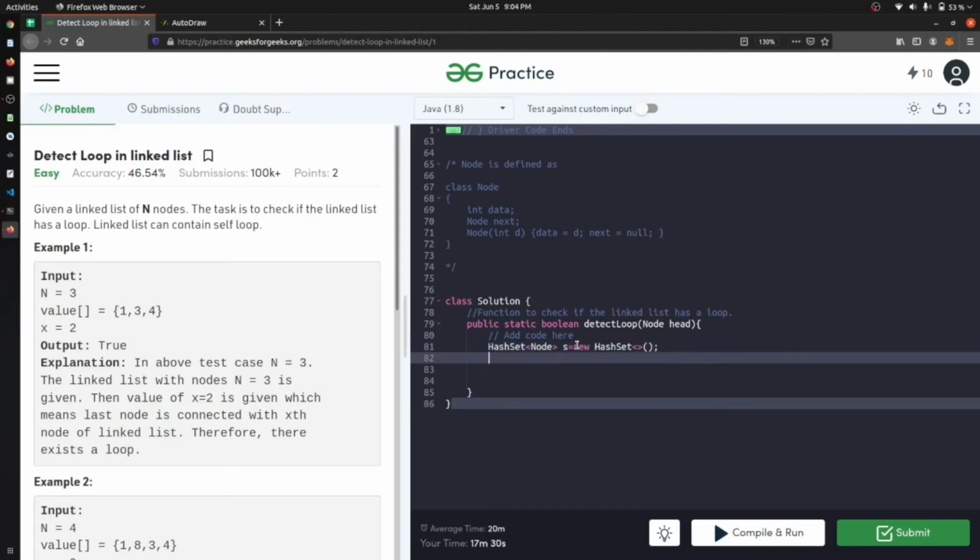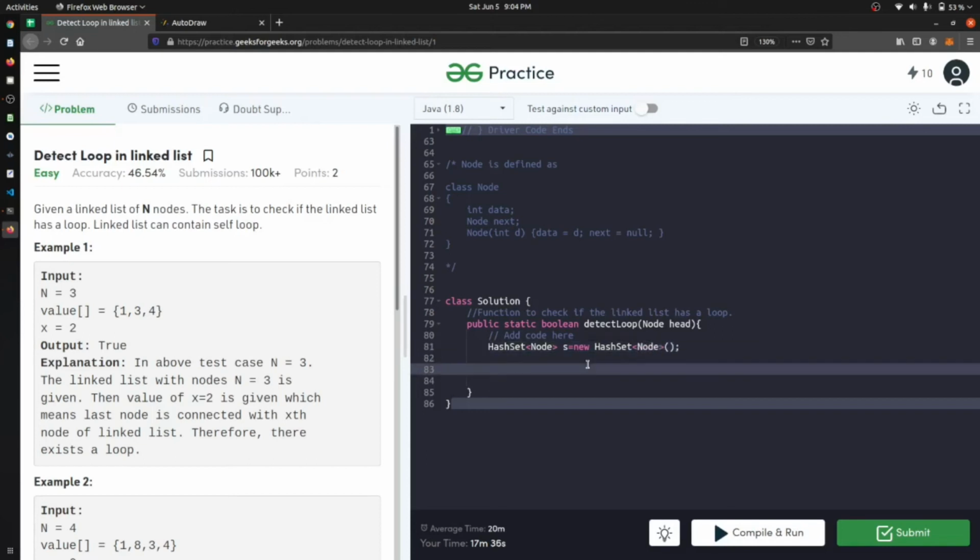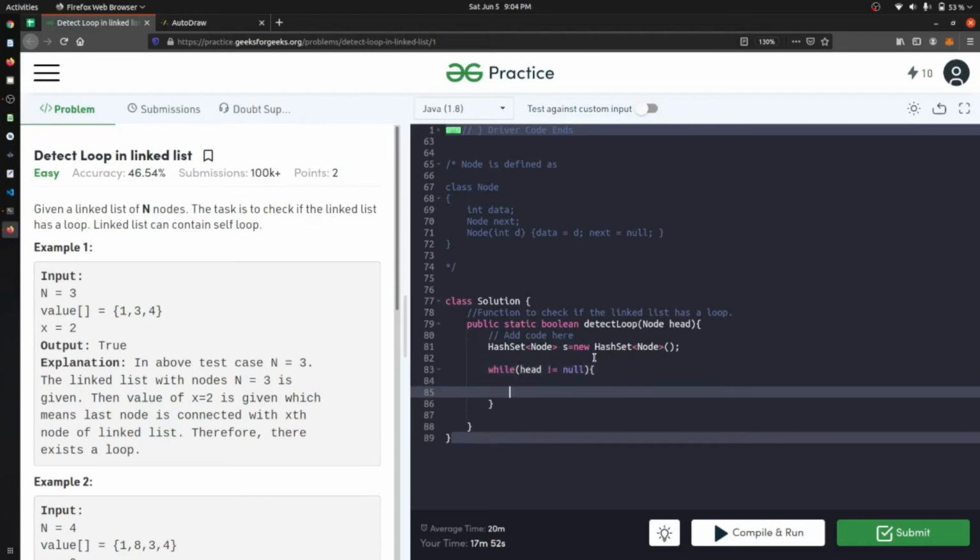One second, let me set this as Node also. Now we will iterate over everything. While head is not equal to null, we will check if s.contains our head.